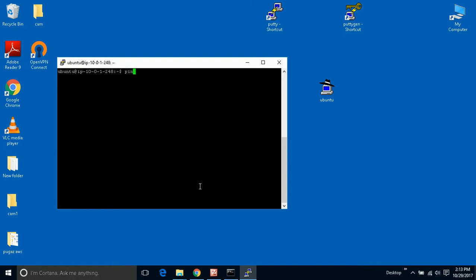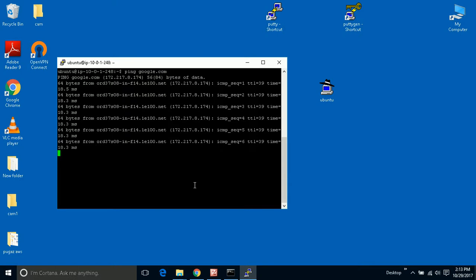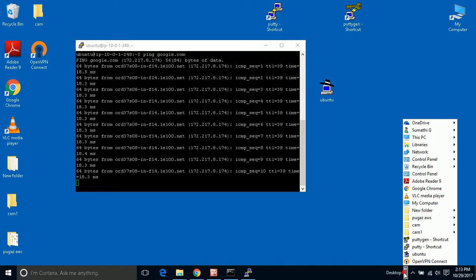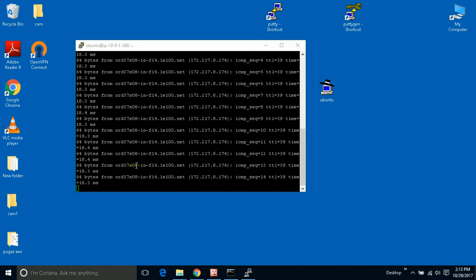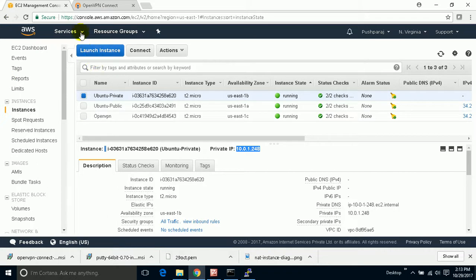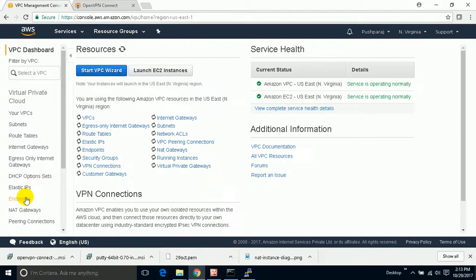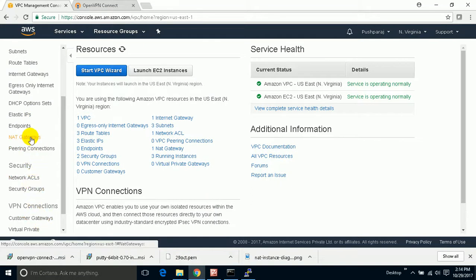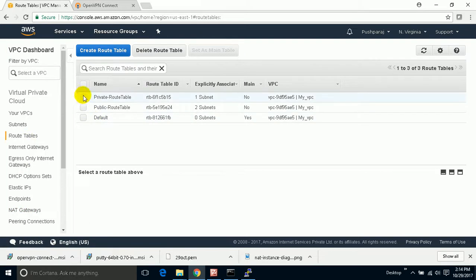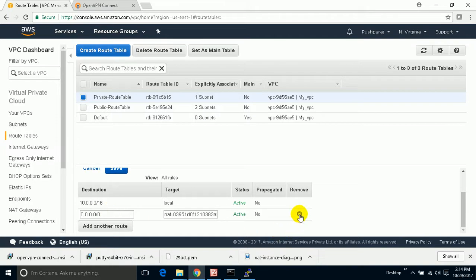I'm just pinging google.com. Let's check. See, guys, I've reached the internet from the Ubuntu private instance using the Open VPN, and the NAT gateway is actually working. So let's check what will happen if I remove the NAT gateway from the route. Going to VPC, route tables, checking the private route table, and clicking on the route. See, the NAT route is applied. I'm just going to remove this, clicking on remove,